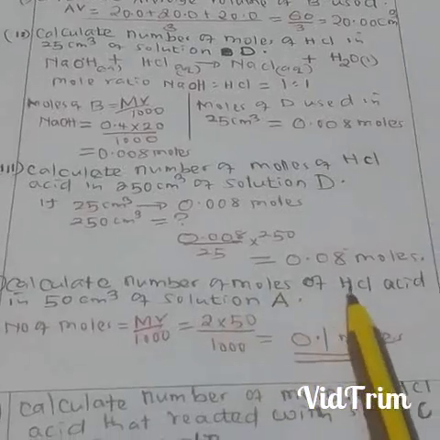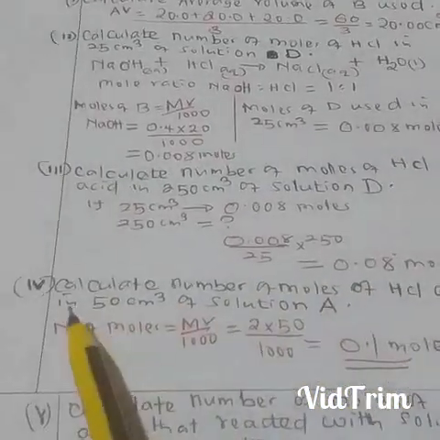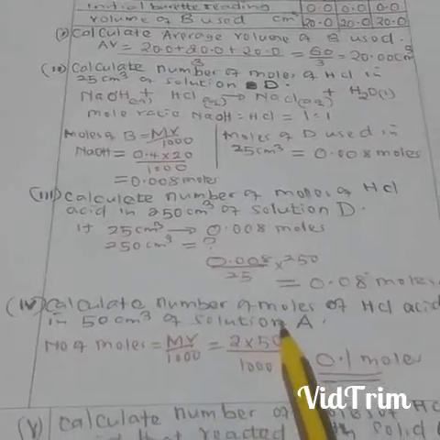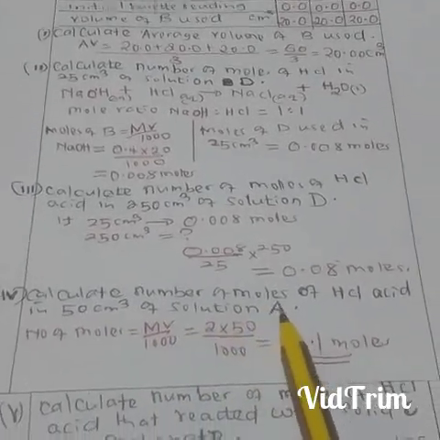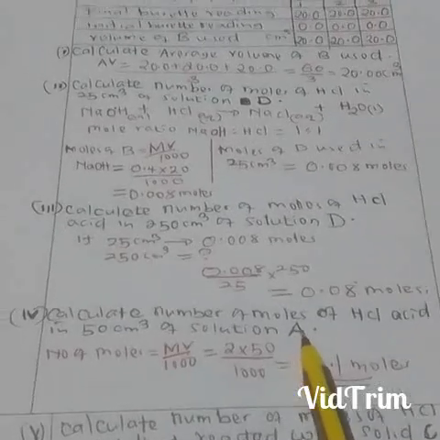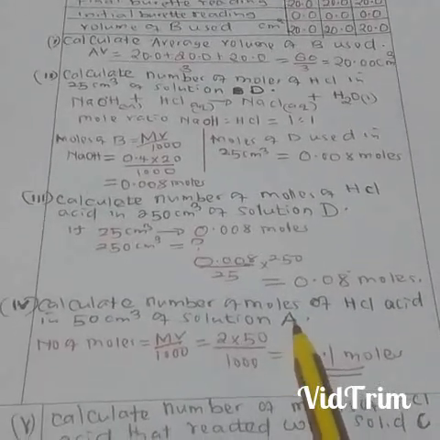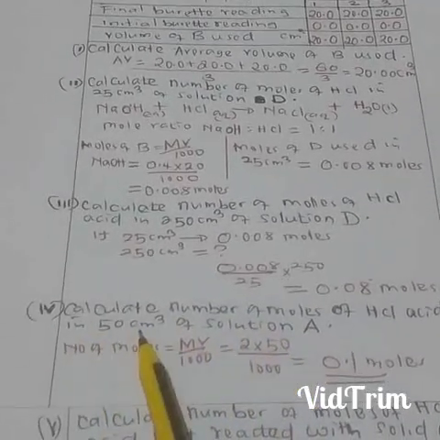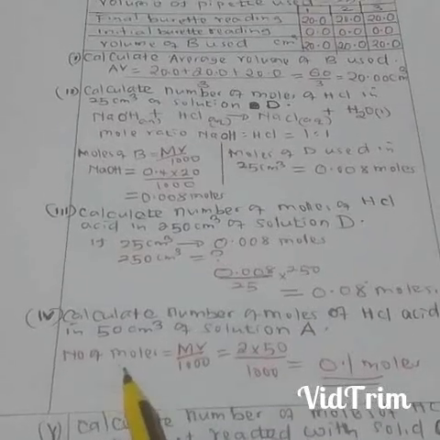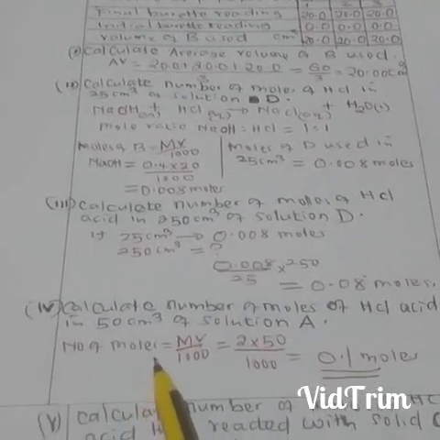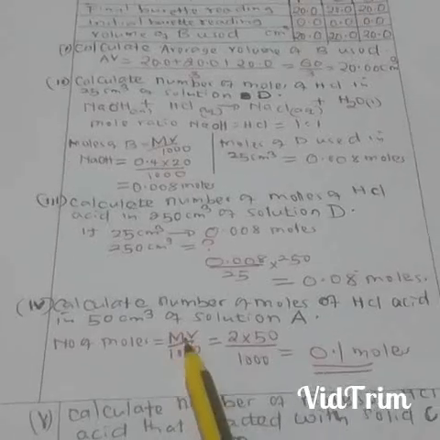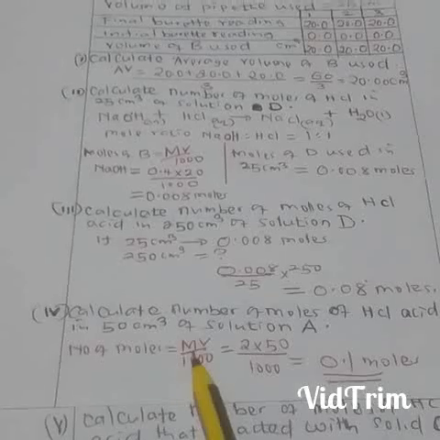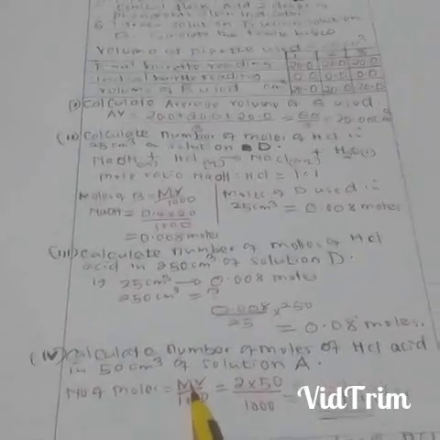Calculate the number of moles of hydrochloric acid in 50 centimeter cube of solution A. So calculating the number of moles in back titration of an acid in the original solution, in that volume of the original solution, which was 50, it is very simple. We just apply the formula. Number of moles is always given by molarity times volume over 1000. But what's the molarity of the original solution that we were given? When we go back there,